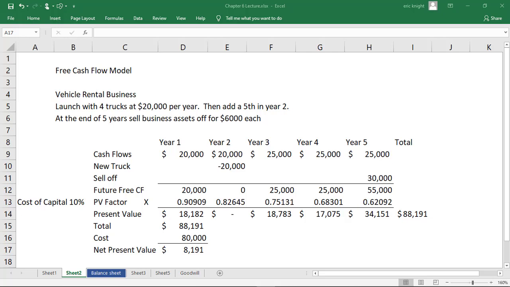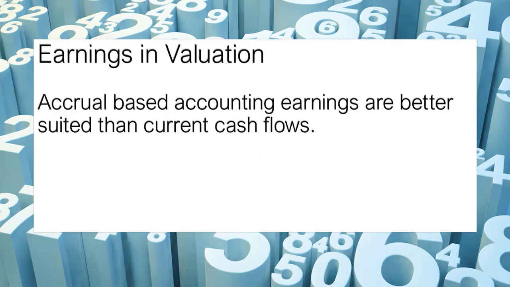The cash flow model is useful, but another way of looking at this would be using the financial accounting rules through generally accepted accounting principles, or GAAP. That's basically using accrual basis. We can generally consider accrual basis accounting information to be better than cash basis. And some of the reasons for this is that it matches the resources that are being used up with the resources that are available in the current period.